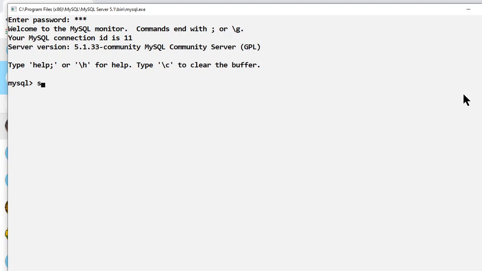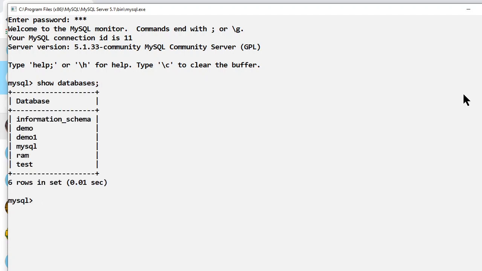First of all, again, I am using the command show databases. It is showing the number of databases created in that system. Now I want to use the database RAM. Now the database has changed.